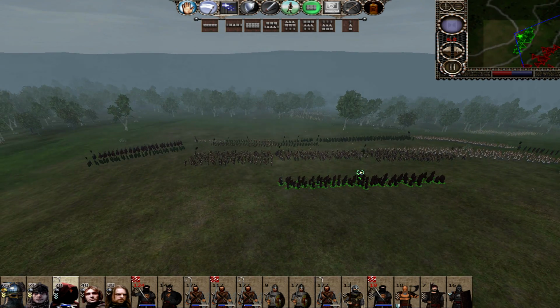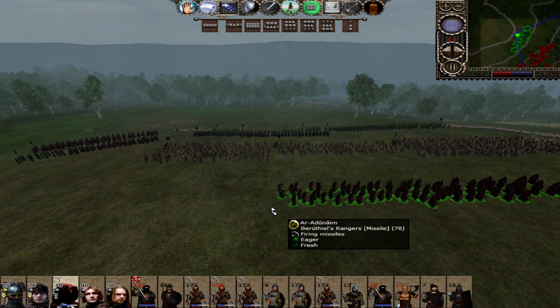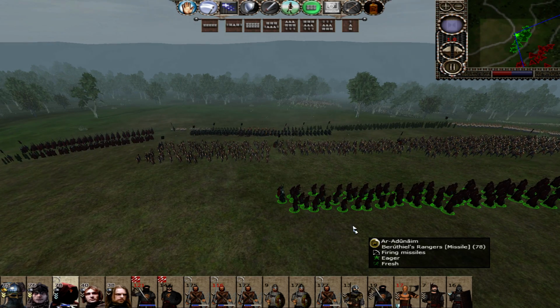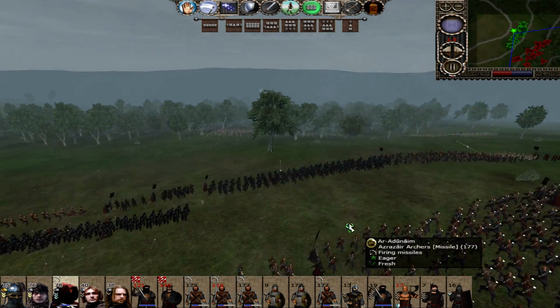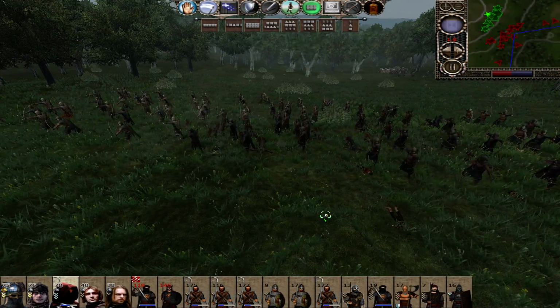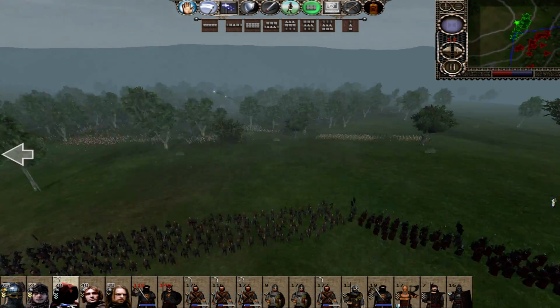Rangers ready. Should we follow the arrows? Get ready. We have to wait for the next volley, unfortunately. Find out where we go. I want a headshot, please. Oh, we're in the middle somewhere. Flying through the trees. We've made it through the trees, and he's missed. Terrible shame. Right, the enemy is coming.